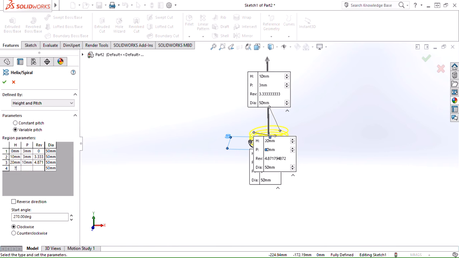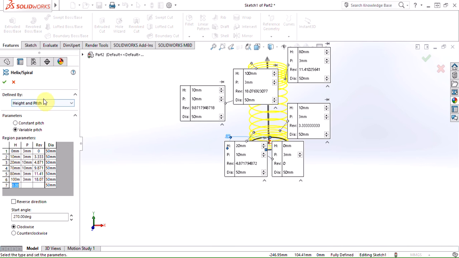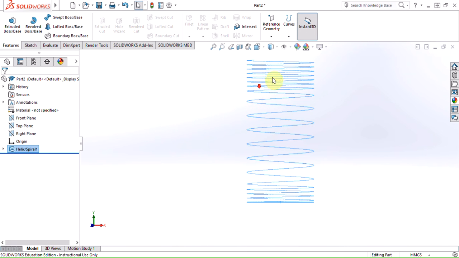then 70mm at 10mm. Then when we get to 80, we start turning it back down to 3, 100, 3. When I press OK, you can see it hasn't worked as well as I'd liked it to do. I think I maybe should have gone from 20 to 80 and then back again,